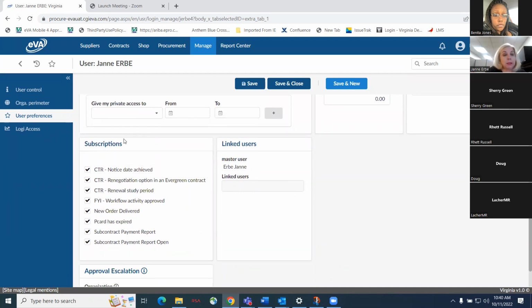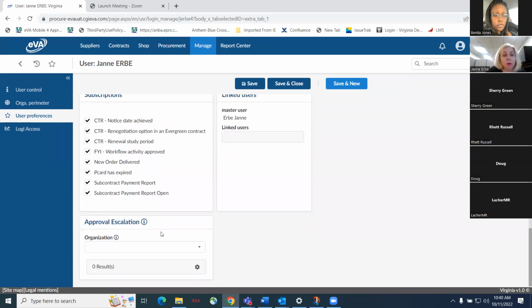So now we're going to go down to subscriptions. These are different areas of notifications that you can turn off and on for the user. At Go Live, we're really not going to manage this. We're going to let the users manage this themselves. Here you see linked users. This is not going to be available in production. This is just something in our testing and training that makes life easier to navigate. Approval escalations, we're not going to use that at Go Live. A little bit later on down the road, we will go ahead and